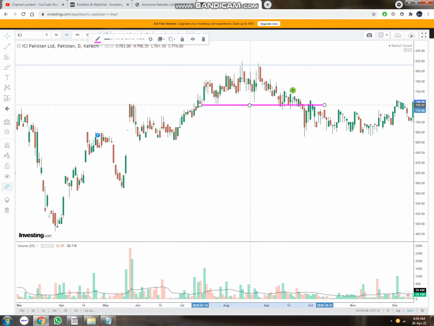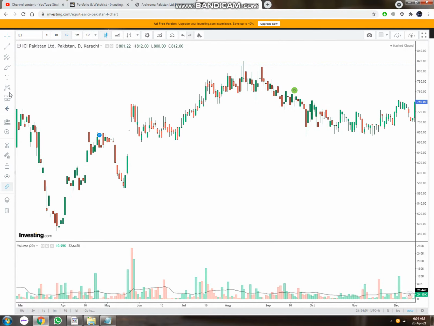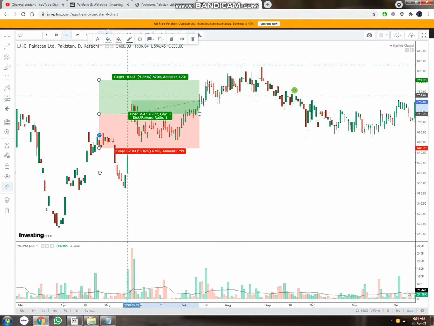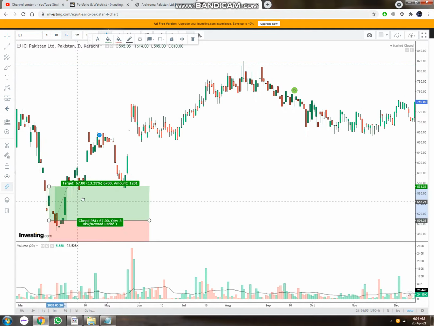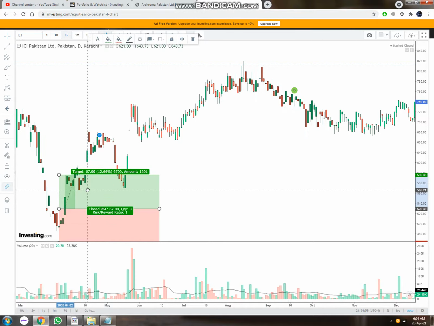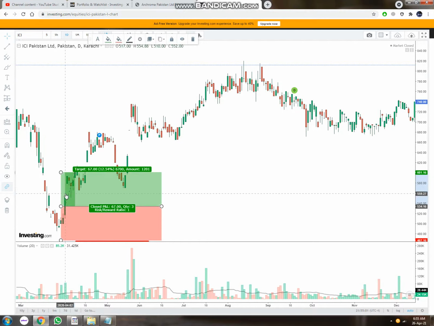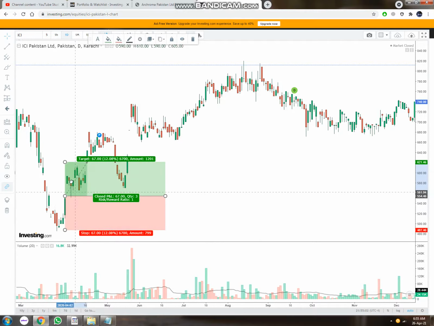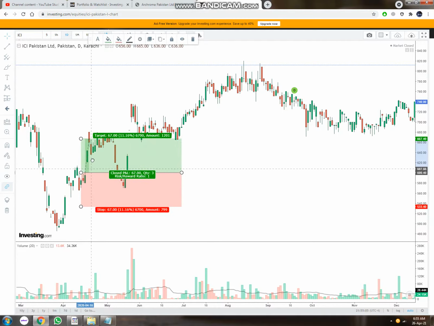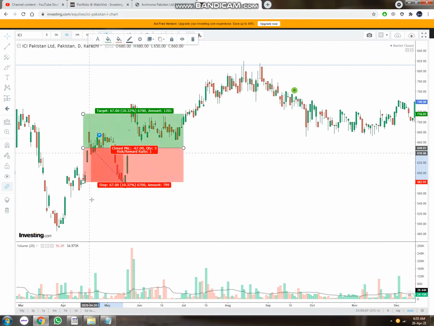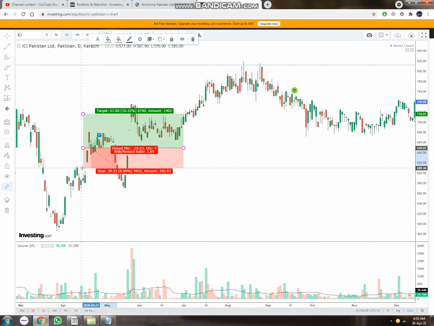This is one method of using trailing stops, and the other method is this one. This is your entry point, and you move along with it in this manner. You can adjust this accordingly. Let's say this is your stop loss.